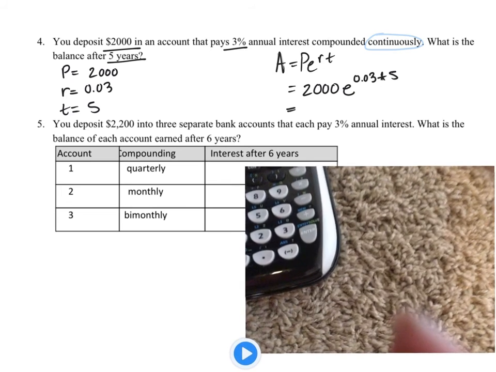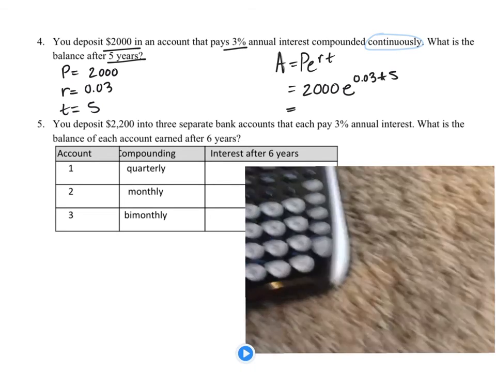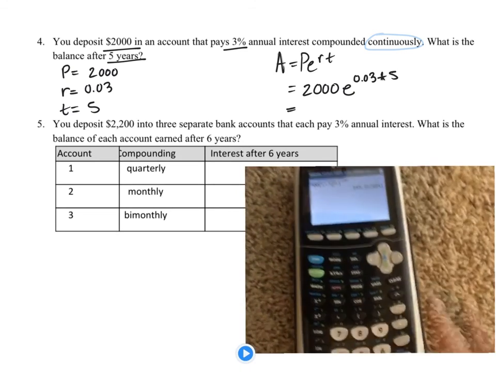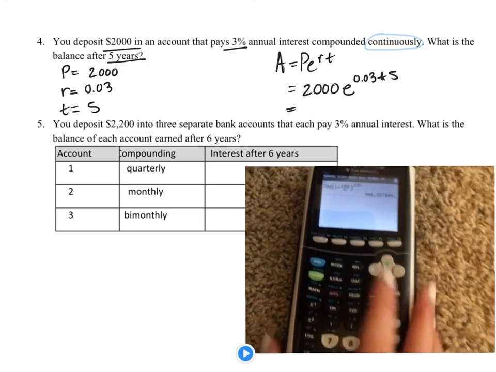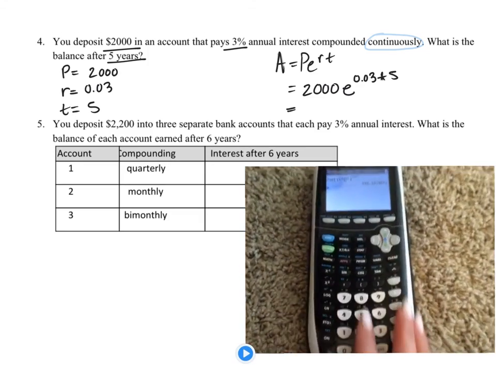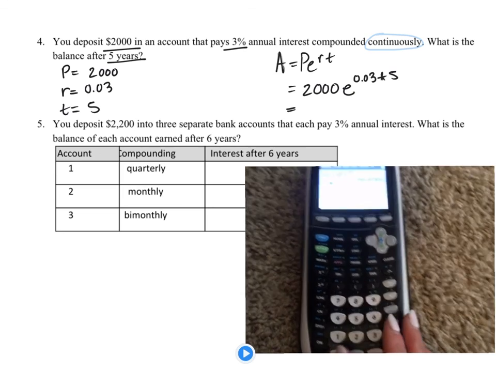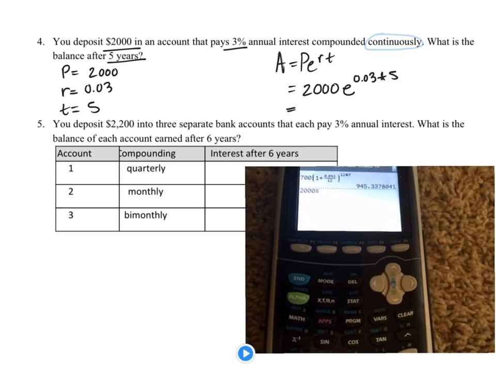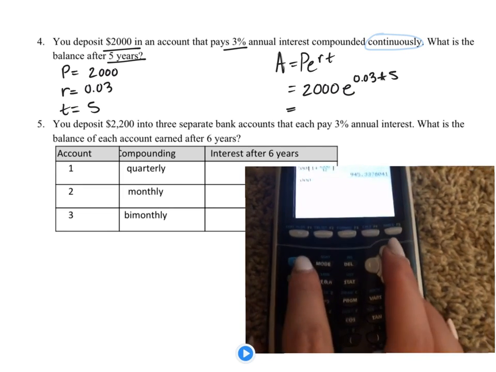All right, maybe I'll just do it right here. So on the calculator here, I'm going to put in 2,000 first. I'm going to just type in 2,000. There it is. And then what you want to do to get E is you're going to hit the second